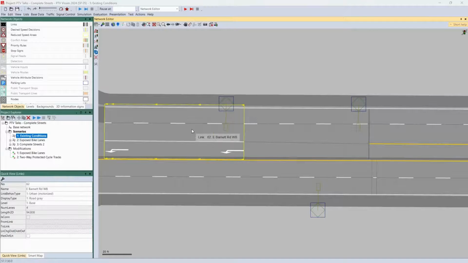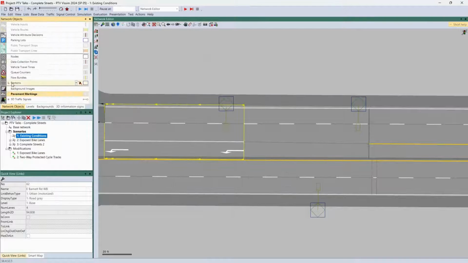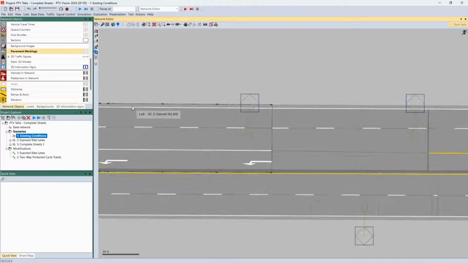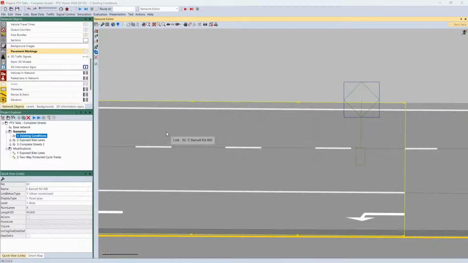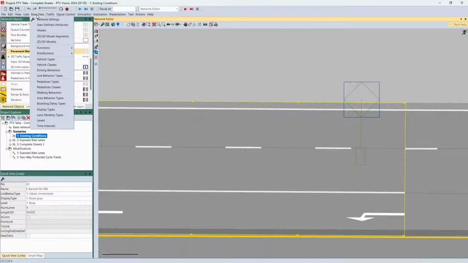What I've gone ahead and done for this turnpike, or for this approach, is I've added an additional lane to the right and given it a custom display type called curb. By doing this, if I turn off the areas just real quick so we can see it a little bit better, we have this additional lane here, and that gives us the ability to add in a custom lane marking type. So we can go into the base data menu, and down at the very bottom,